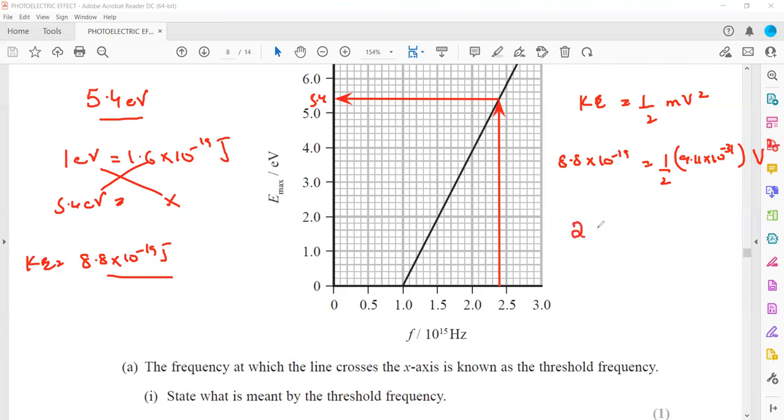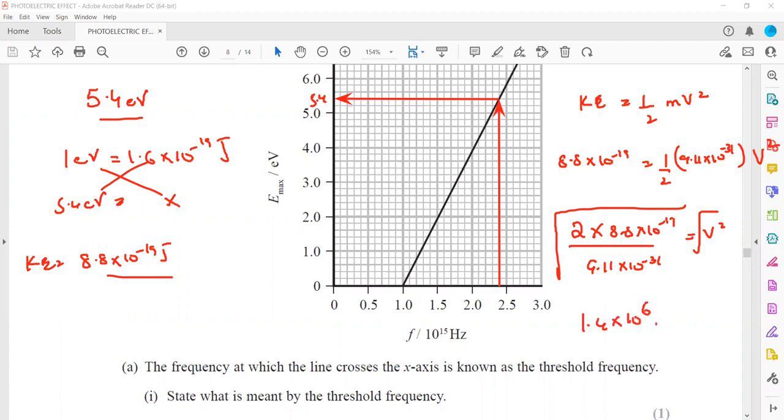Now we simplify this. This will be 2 into 8.8 into 10 power minus 19 divided by 9.11 into 10 power minus 31, and take the square root to get the value for speed. So when we substitute, this will give us the speed at which this electron is moving, which is about 1.4 into 10 power 6 meter per second. That's the speed at which this electron will come out from the metal